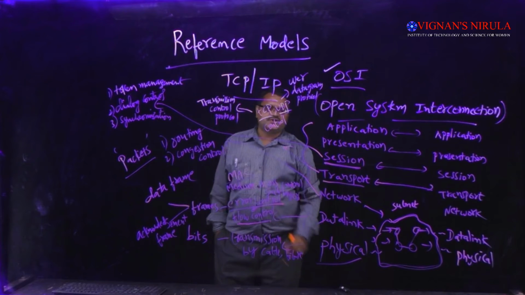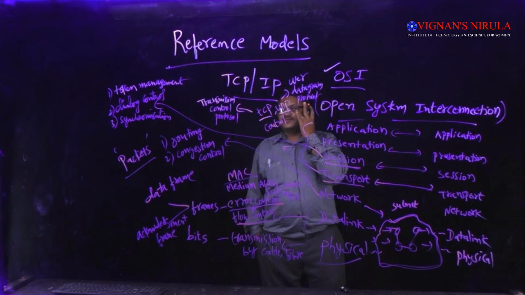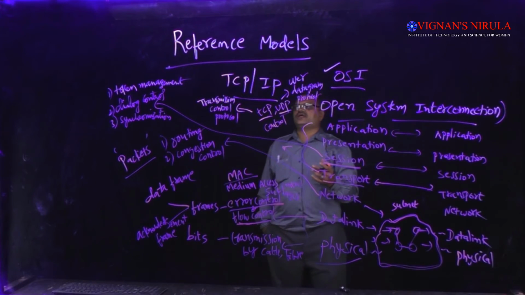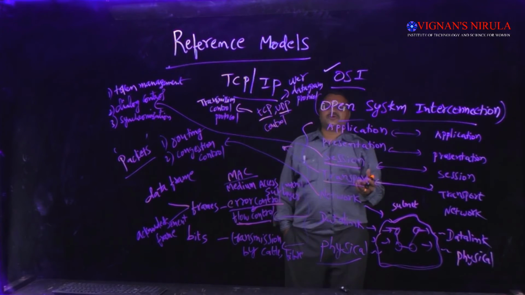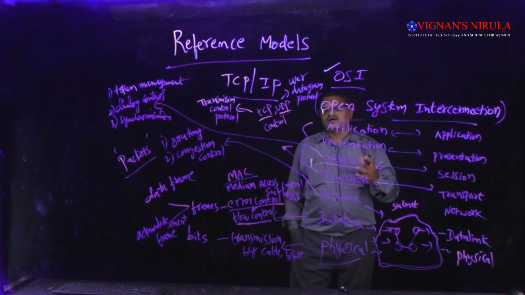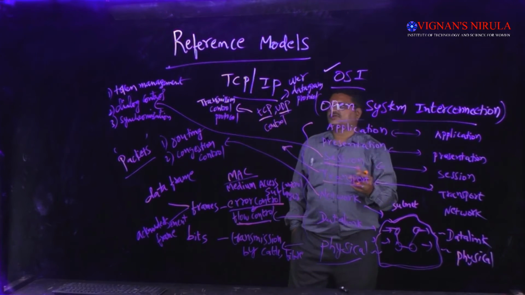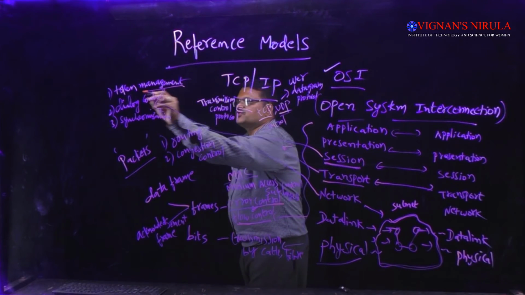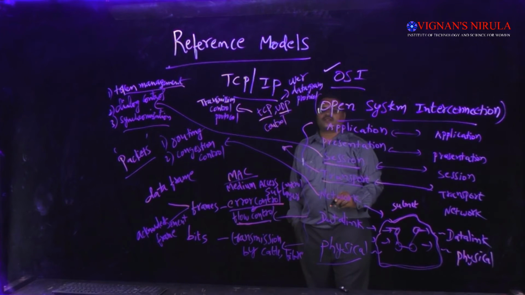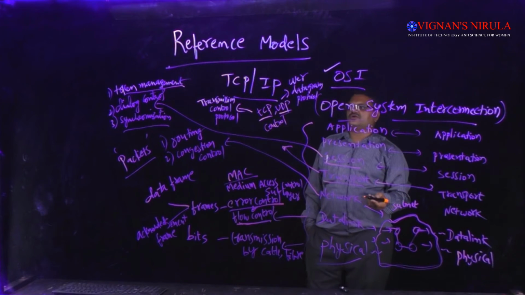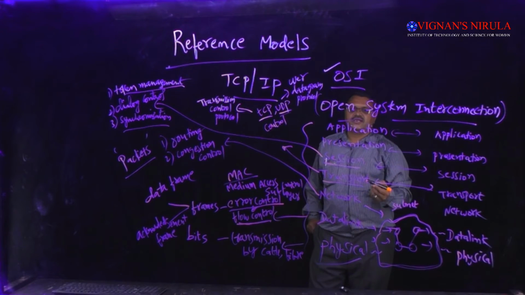Synchronization. There are three different purposes. Dialog control, that means whatever information we transfer should be transmitted successfully from one end to the other end. And token management, that means whenever more than one process tries to access a shared resource, concurrency issues will be handled by token management and synchronization. So synchronization is also part of concurrency. Whenever concurrency issues are there, we deal with them using synchronization and token management techniques. So that is about the session layer.